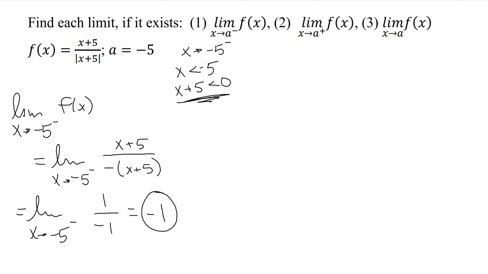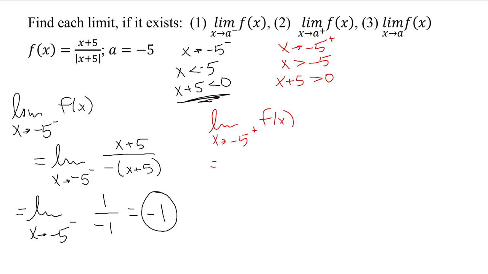For the second part here, as we do the limit as x approaches -5 from the right of f of x, well, now if x is approaching -5 from the right, x is greater than -5, or x plus 5 is greater than 0, which tells us that the absolute value of x plus 5 is just x plus 5. So this becomes the limit as x approaches -5 from the right of just x plus 5 over x plus